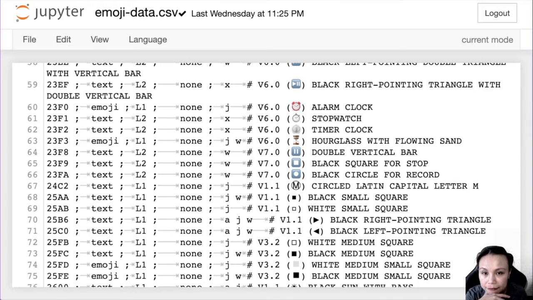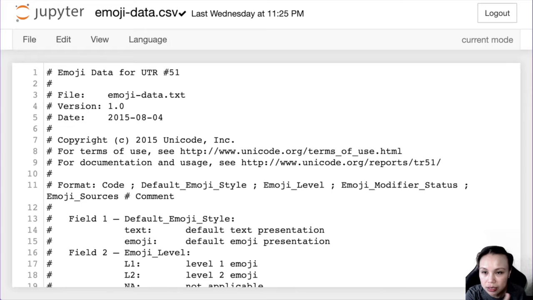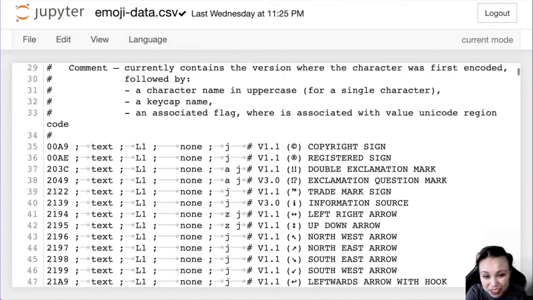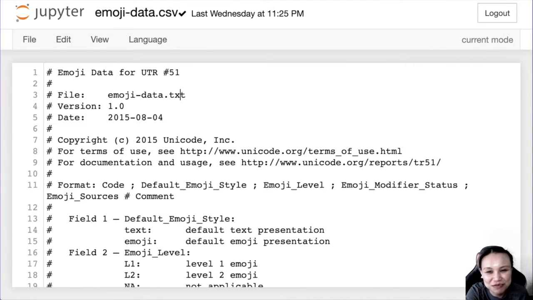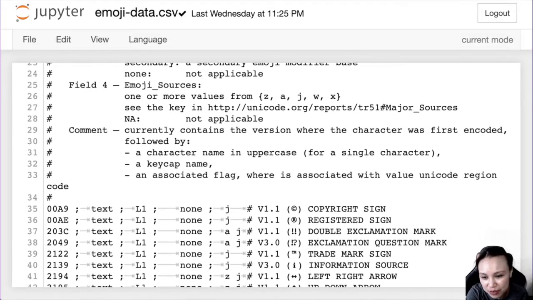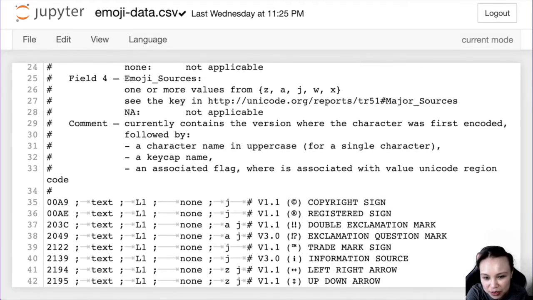So first of all, I tried to find some new data sets, because the one that I was looking at only has 20 emojis. I want a complete set of emojis. So I found this emoji data. Actually, it's called emoji text, but I just changed it to CSV. I hoped that it would work better, but it's not. Actually, it doesn't really matter. But for me, it looks like CSV, right? Because you've got all these comments, and then you have all these.